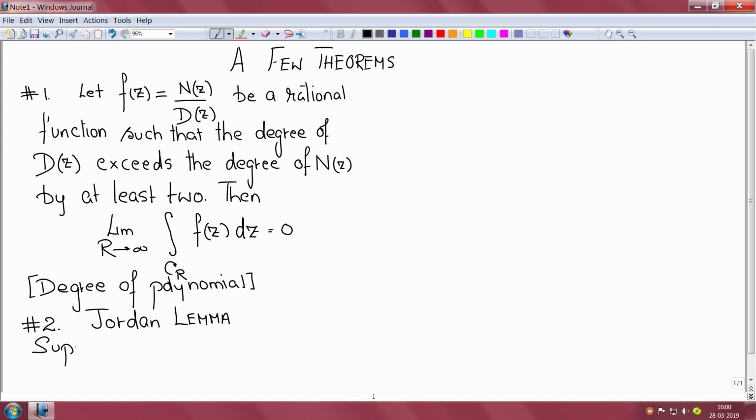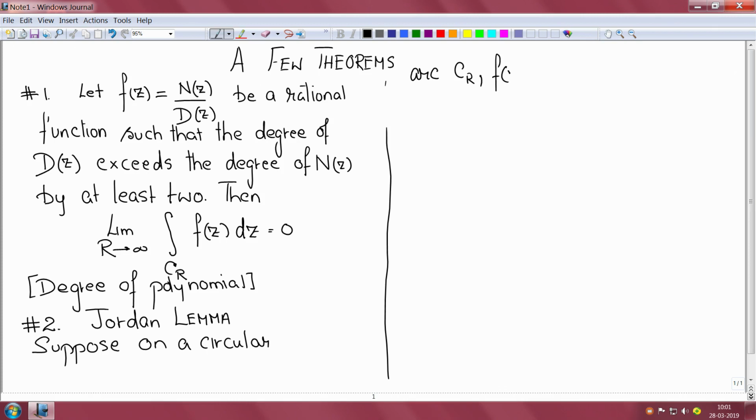Suppose on a circular arc C_R, the complex function f of z